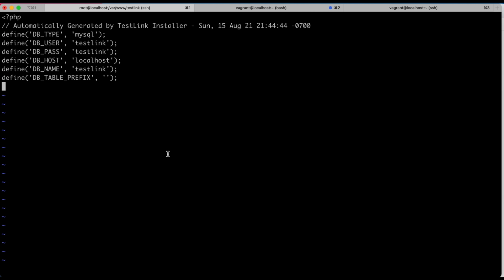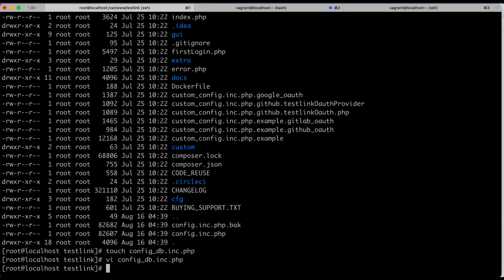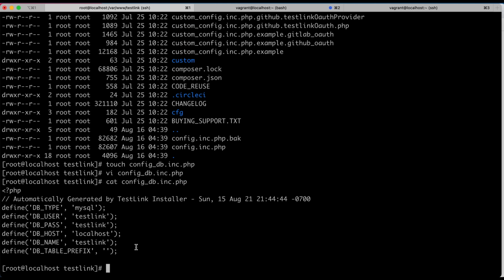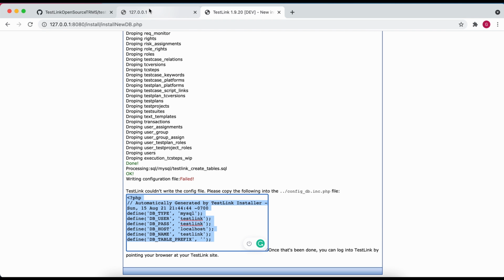I usually use Shift Z two times, and now we can see if we have this file. Yeah, we have this file. So the next step will be going to TestLink